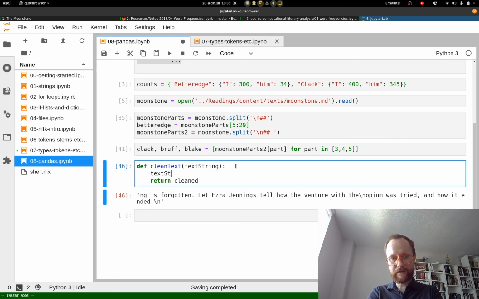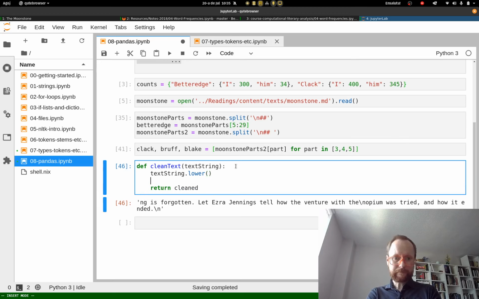So first thing we want to do is lowercase it. Yeah, maybe we could have it return counted as well. So we can take that text string and lowercase it, call it lowered,